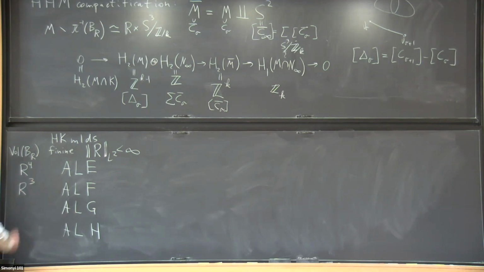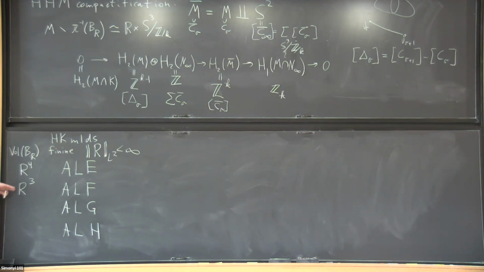If it grows as r cubed, then they come in two series. There's A type and D type. A type I just described in detail. This is the multi-Taub-NUT. In D type, the first example of D type was discovered by Atiyah and Hitchin, as moduli spaces of monopoles. And all the other D-type metrics we wrote with Hitchin, and we found their realization with